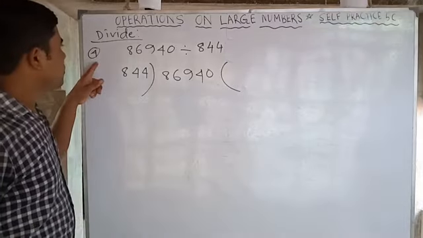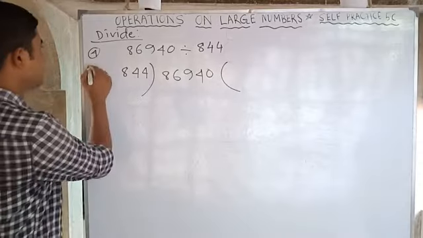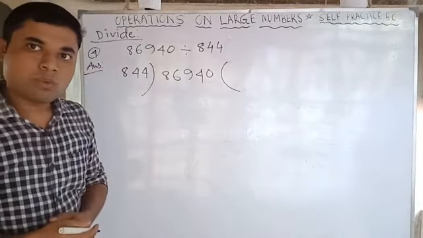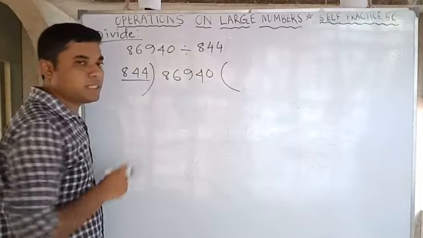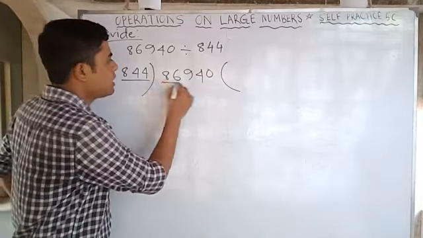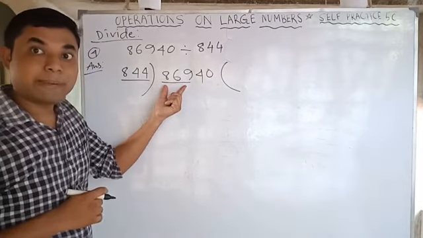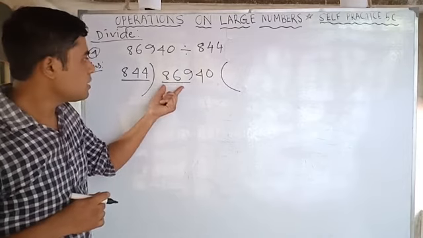So question number 4, this is given in this way, you have to write here. So from here is the answer. First write in this way. Now first what will we check here? How many digits? 3. Take the first 3 digits. Yes, the 3 digits are greater. If it is smaller, then we take the next digit also, but it is greater.